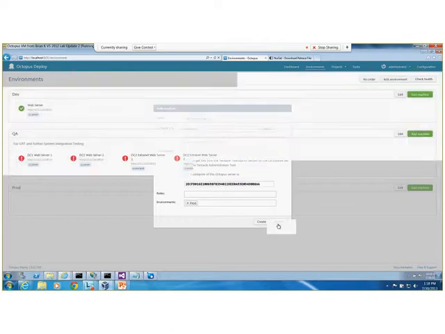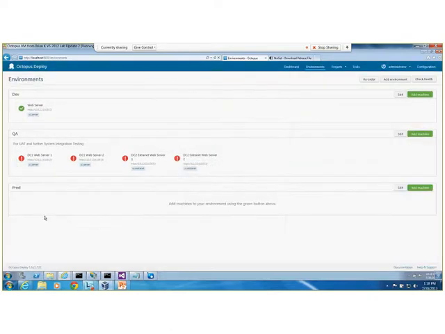And as you can see, I'm not going to add that right now, but if we look at the QA environment, the QA servers have these red exclamation points, and that means they haven't been able to communicate with those particular servers. That's a good way to check and know when your servers are up and running and able to receive your deployments. If you're doing a lot of deployments, that'll become very useful for you. So that's really how you set up environments, and those have to be set up before you can actually do